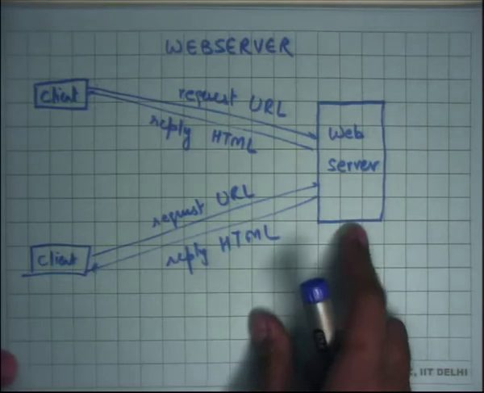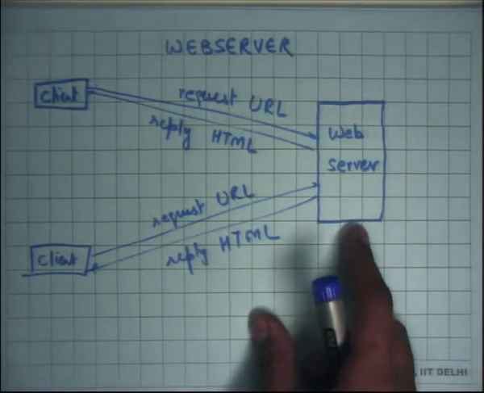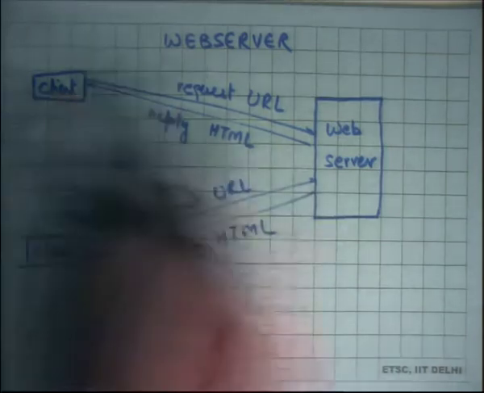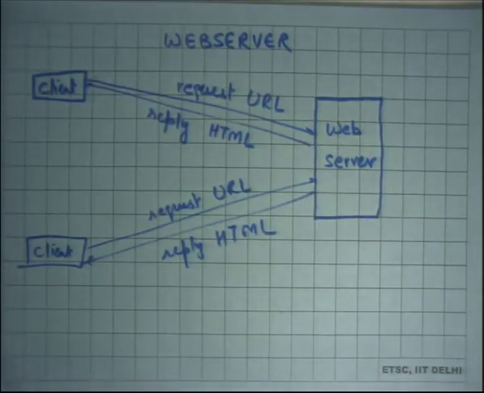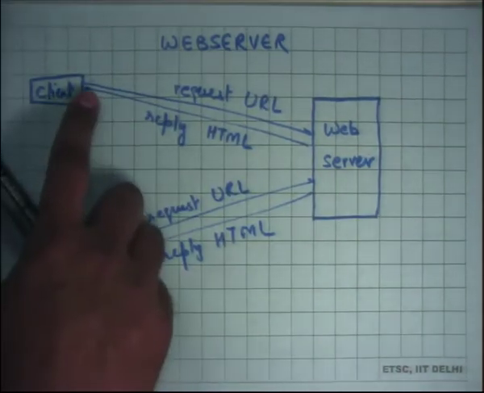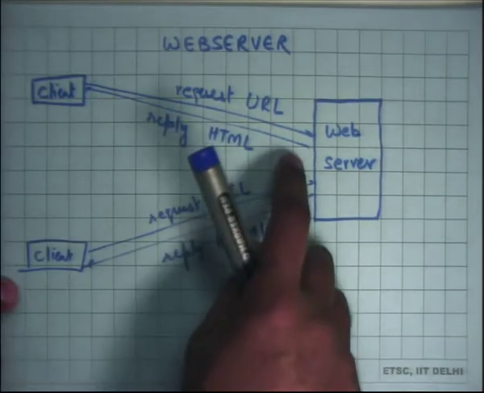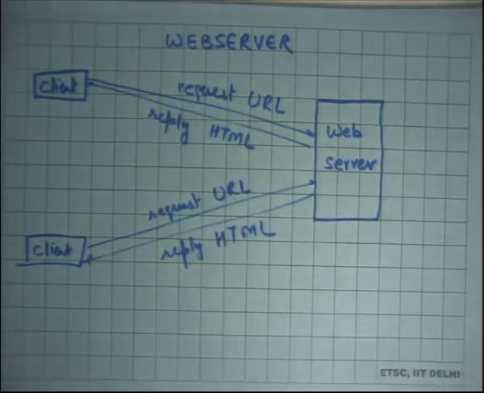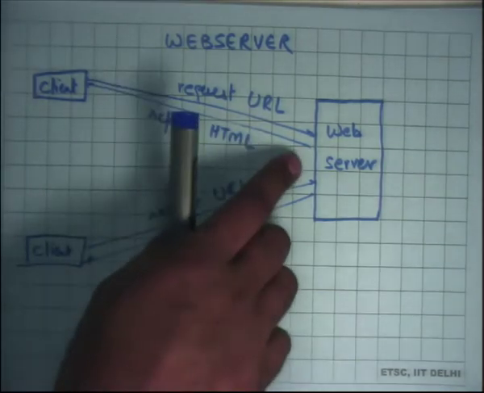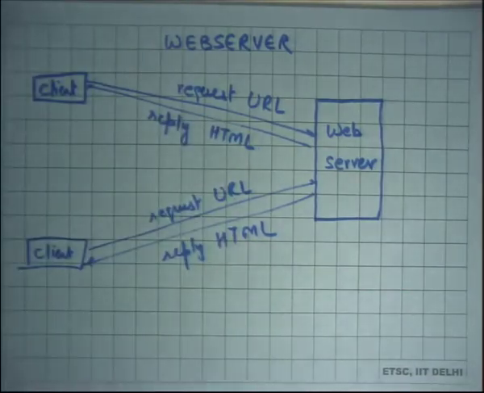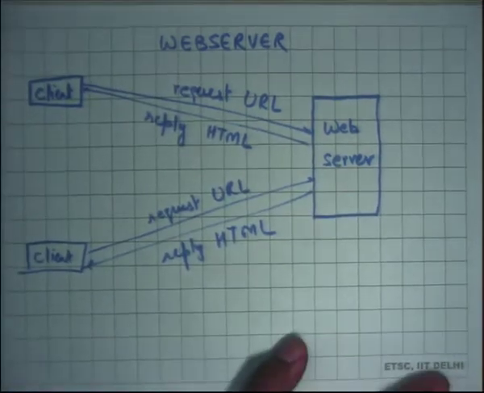And I'm going to talk about a more realistic example today, which is a web server. Let's say a web server is implemented on a single machine in our case, and there are multiple clients that can connect to this web server. The clients connect over the network. A client will send a packet which will contain the request, which for an HTTP server will be a URL, and the server will reply with a page which will be the corresponding HTML page, right? And multiple clients can connect with this server simultaneously.